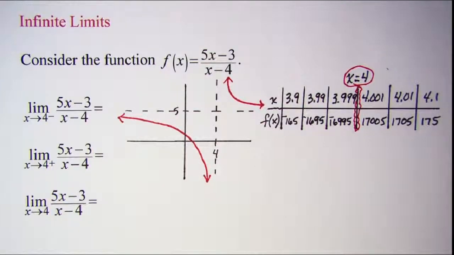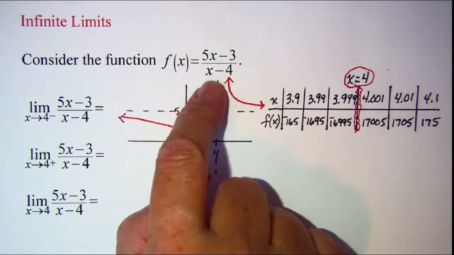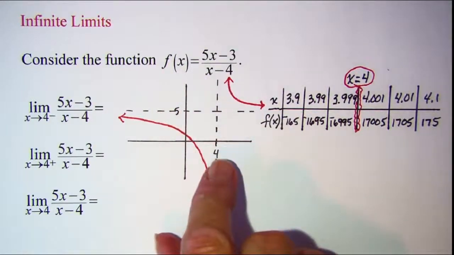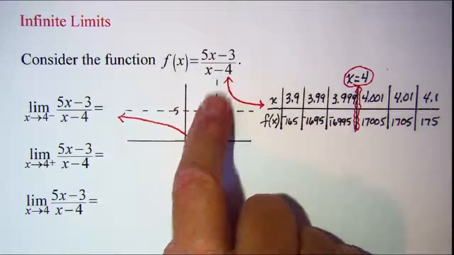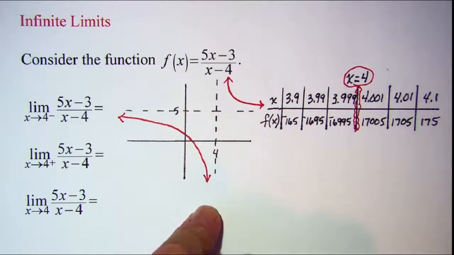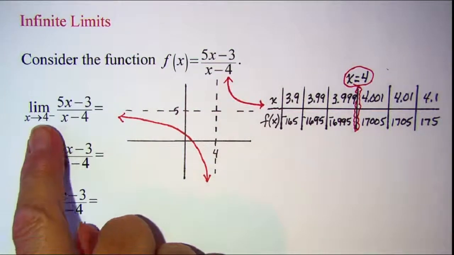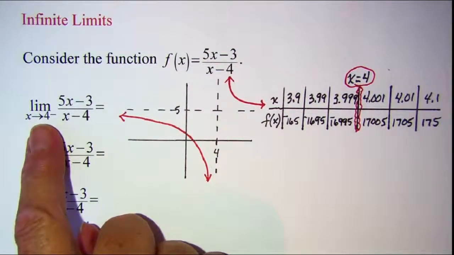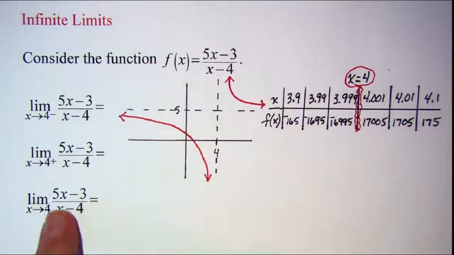In this video, we'll be looking at infinite limits. Let's consider the function f of x equal 5x minus 3 over x minus 4. We know that as x approaches 4, we're going to have a vertical asymptote on the graph because we have division by 0. So for the limit as x approaches 4, we need to consider it from the negative direction